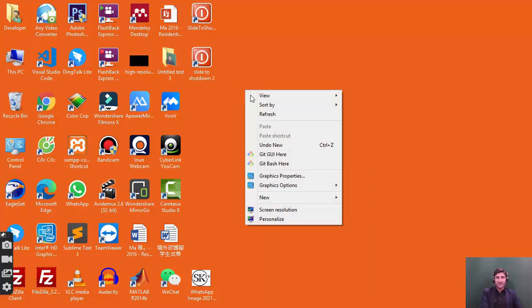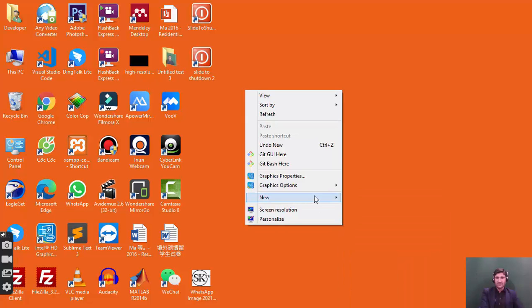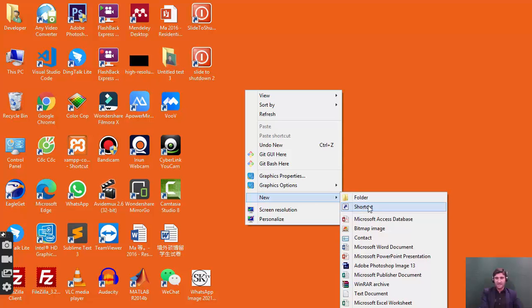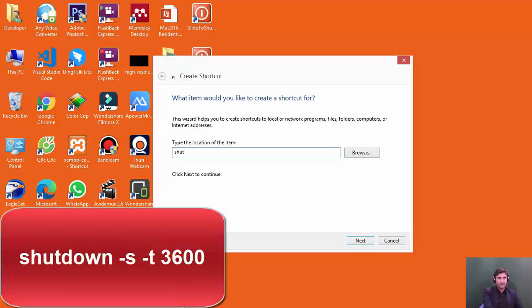You can right click and then again go to New, and then select Shortcut, click on it, and here you need to write shutdown minus s minus t and then the time. You need to write shutdown, then space, then minus s, then space, then minus t, then space, and here you